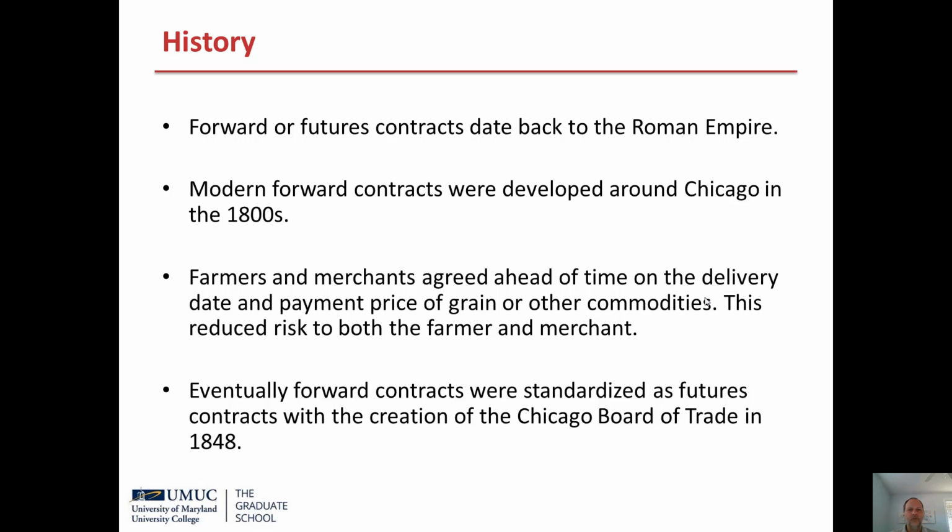These were forward contracts, which are not standard, and they're private contracts between one farmer and one merchant. Sometimes a farmer might go out of business, or a merchant might go out of business, or they might not want to deliver the commodity anymore, and they would try to sell it to somebody else. They would advertise this, for example, at the fishmonger stands around Lake Michigan. Eventually, trading of these contracts was so popular that they standardized them from customized forwards into standard futures, and those futures were traded at the Chicago Board of Trade, which was created in 1848.